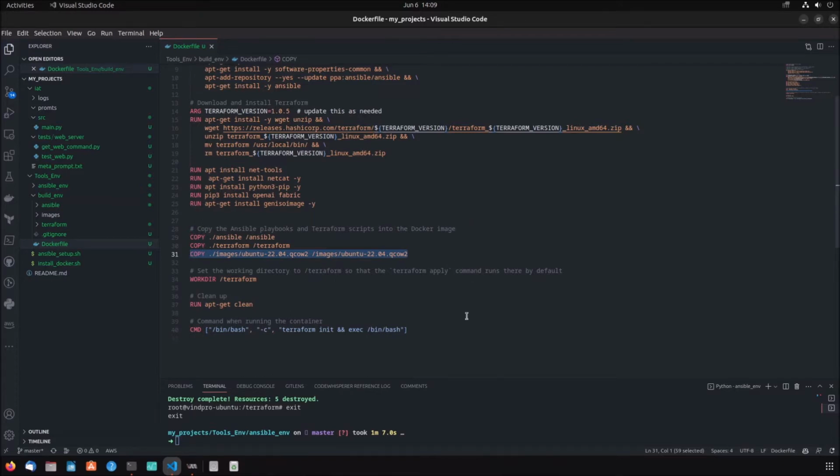And then the container will run with the bash script, and it will fire the Terraform init and will keep the bin bash active, so that I can interactively work in this build environment. And then this build environment will target the KVM environment and provision a VM. So the Terraform script,